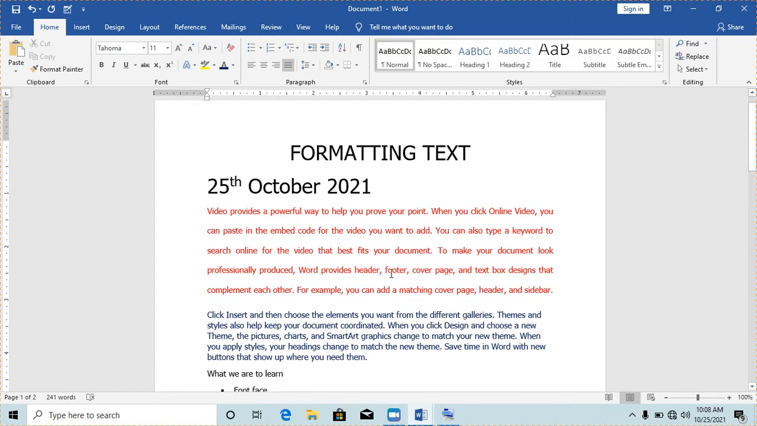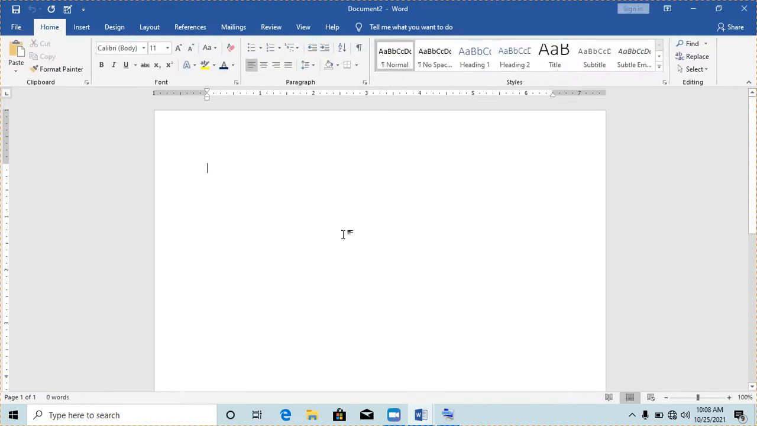I'm going to type, let me just create a new document here. I pressed Ctrl plus N just to have a new document. So let me type, let me say, certificate of merit. Then I will continue. This certificate is awarded to